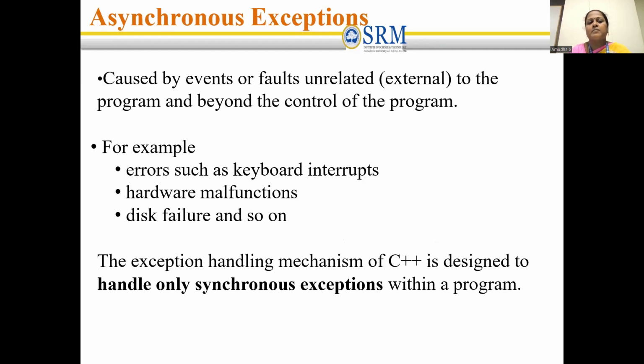Asynchronous exceptions are caused by events or faults unrelated to the program, which are due to the hardware part. Errors such as keyboard interrupt, hardware malfunction interrupt, and disk failure interrupts are called asynchronous exceptions. So the exception handling mechanism in C++ is designed to handle only synchronous exceptions, which occur due to poor understanding of the program. The software exceptions are called synchronous exceptions. So in C++, the